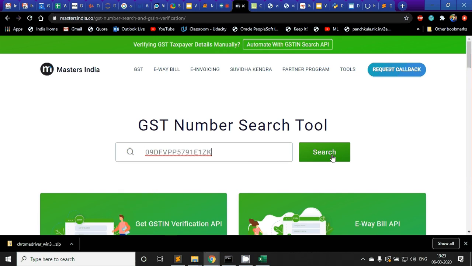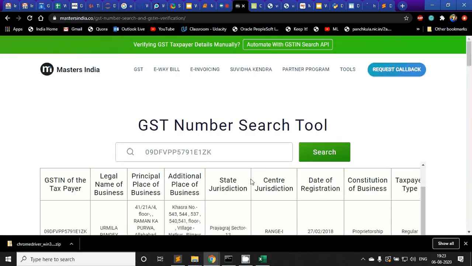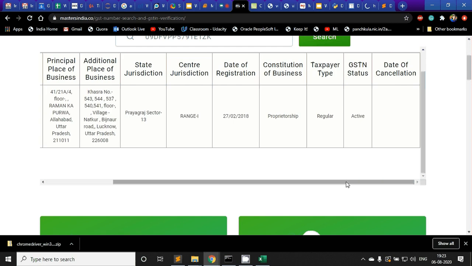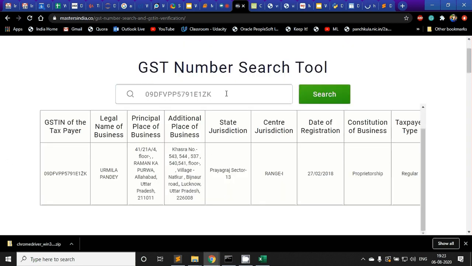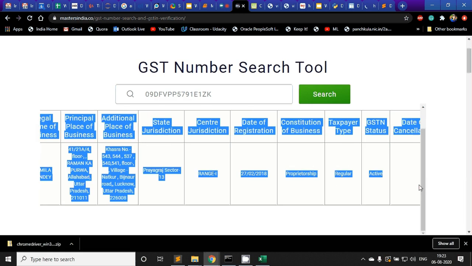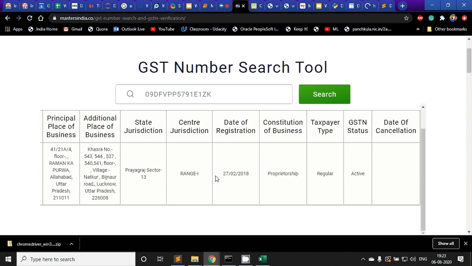Now this is tough for me if I want to do this for, let's say, hundreds of numbers. So it is easier for me to create a scraper which can fetch this data and output it in some format which I can further use or store. I'll just show one more example.